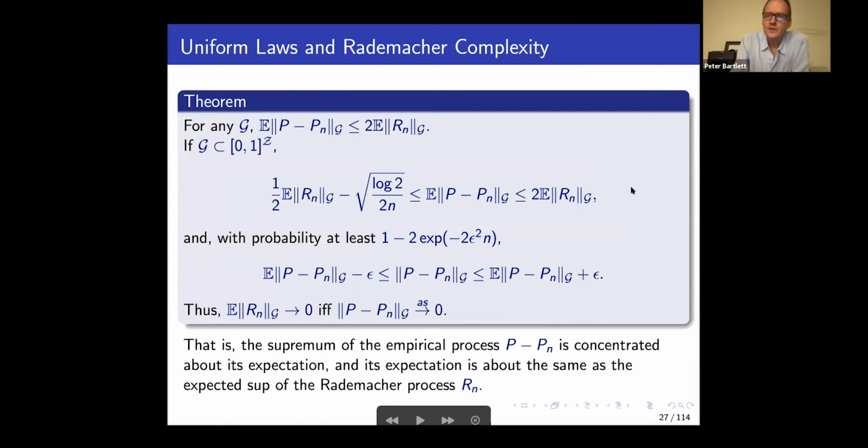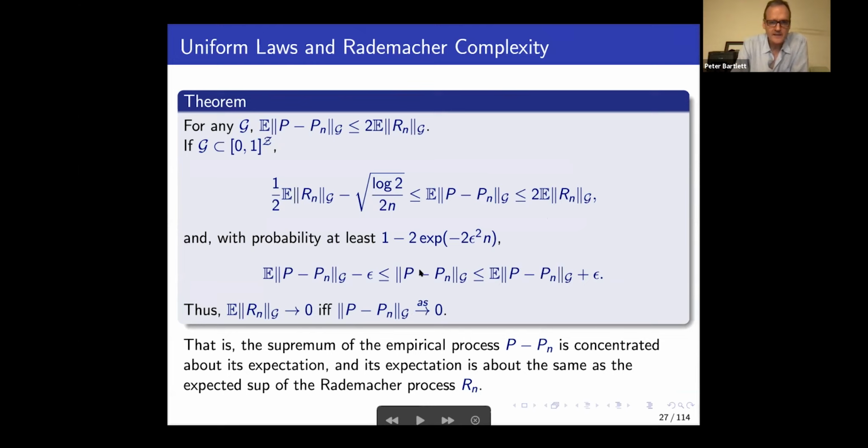So this does follow from what's going on here. Think about the case where P minus Pn, these maximal deviations, are going to zero. Then in particular, this quantity is going to zero as n grows. This is the limit we're considering here. If that's going to zero as n grows, then this epsilon is a thing that goes to zero as n grows. It's like 1 over square root of n. So we must have that this thing is going to zero as n grows. And for that to go to zero as n grows, we must have,